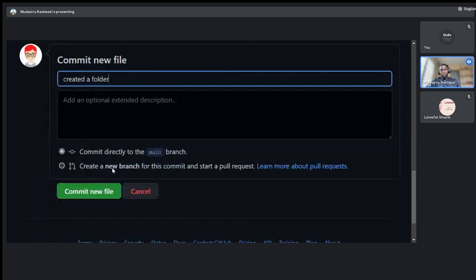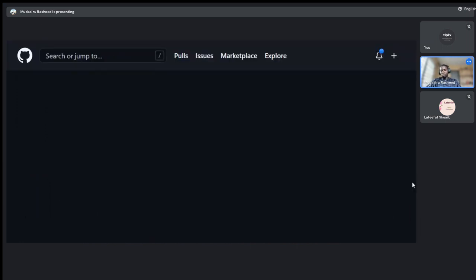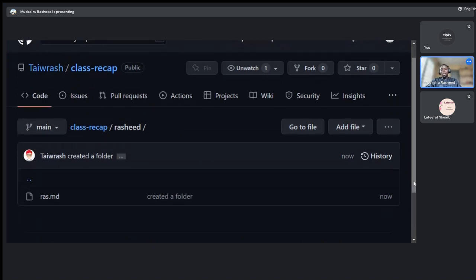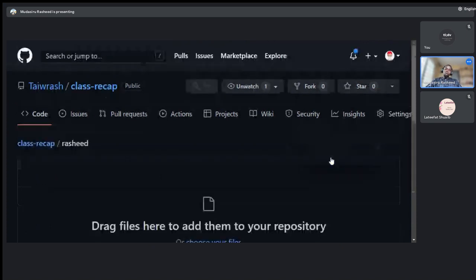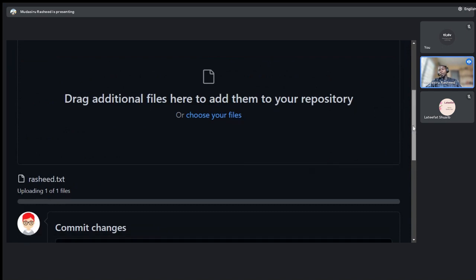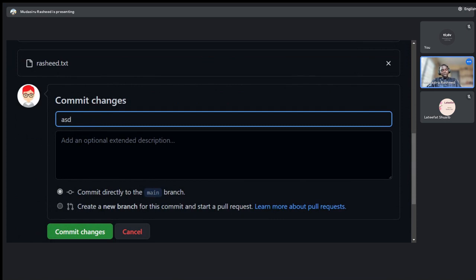If you want to create a branch on the fly, you can do it here. You can do that on Git directly. We talk about that next class when I'm better than I am now. Then let's say you worked on them on your local system, but you want to put them here: you can click on upload. From upload you can drag them down here, or click here to add it from your local system. Then this is the file you created the other time. If you upload it, you can add your commit message there,